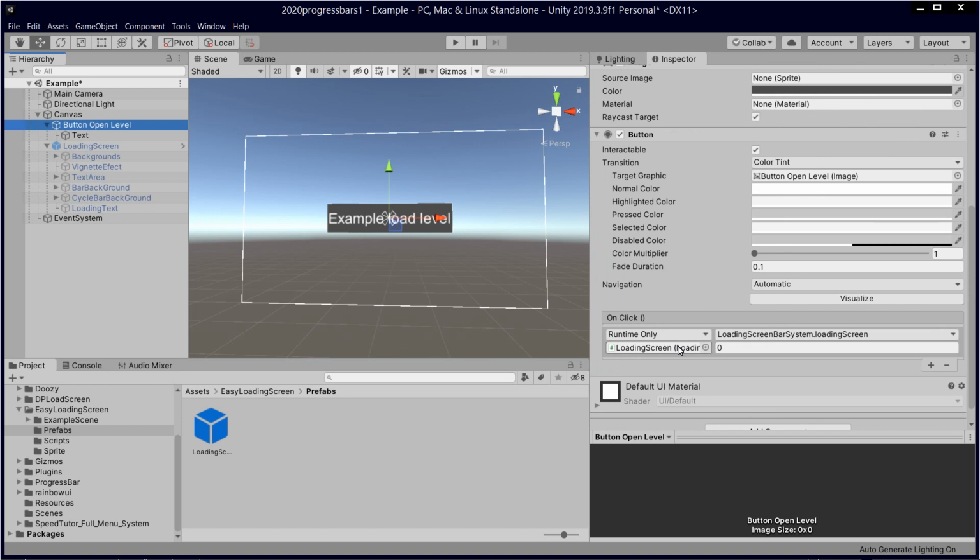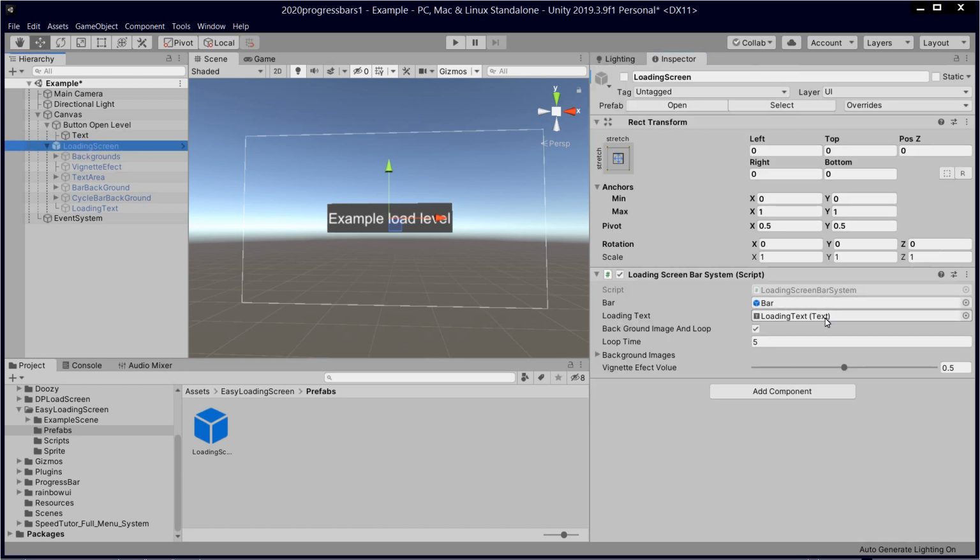So we got this. Loading scene. Loading to 0, that's all well and good. Where does that come from? We click on that and it comes from the loading screen. So built into the loading screen,